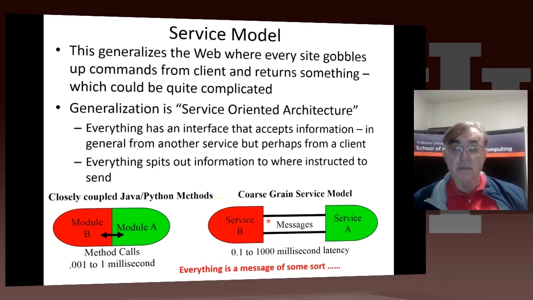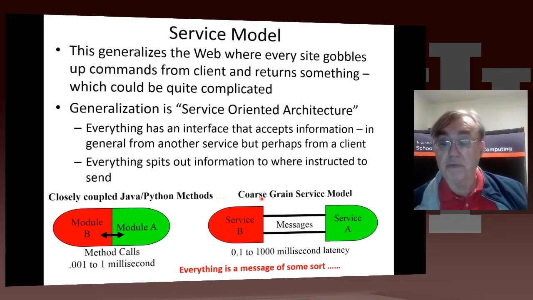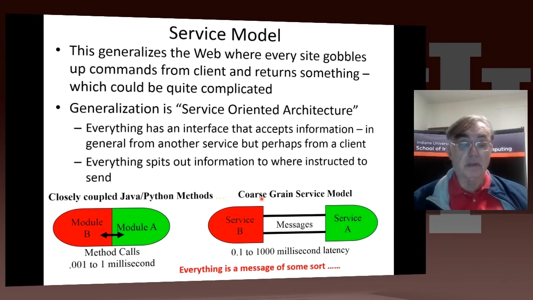So this is just loosely coupled, the coarse-grained service model, and today's compute architecture strongly favors coarse-grained loose coupling because that's more flexible and easier to evolve. Namely, if service A needs to be improved, you don't have to touch service B. Whereas in this model here, when I take a package and tweak one part of it, I effectively tweak the whole thing. So there are dependencies between the different services, which are not present here except the dependencies from the message format. So you have to have message standards, and there's a lot of work on message standards.